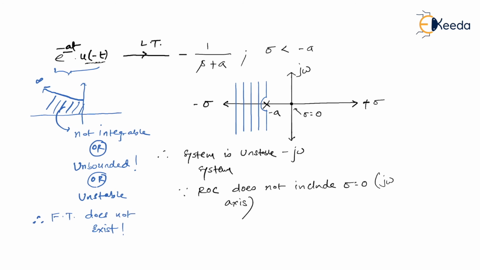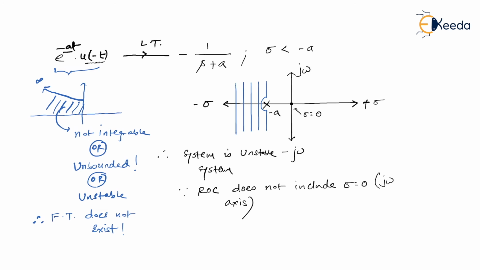So we know the fact that a Fourier transform is existing only for those functions which are bounded in nature. Fourier transform exists only for those functions for which, if you have ROC, that ROC includes j omega axis. If it is including j omega axis, then a Fourier transform does exist. It is bounded in nature, it is stable system. If the ROC does not include j omega axis, that is sigma equal to 0 point, it means they are unbounded in nature, that is it belongs to unstable system. So I'm sure now you understood it very well, how to identify whether the system is stable or unstable, whether the system is causal or non-causal or anti-causal, only by observing its ROC.